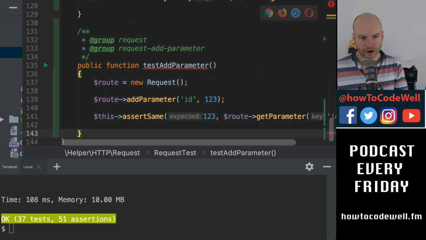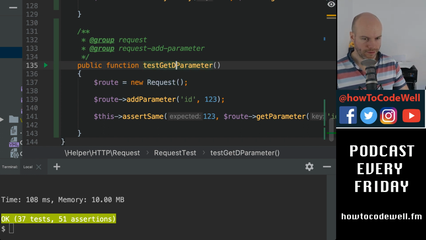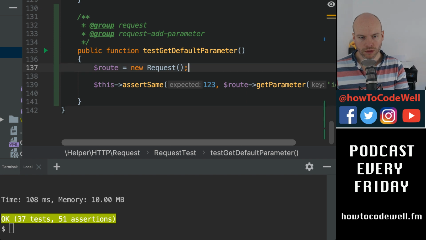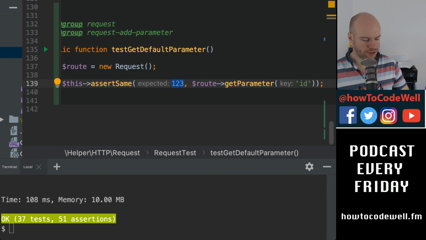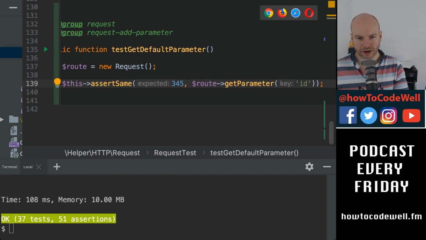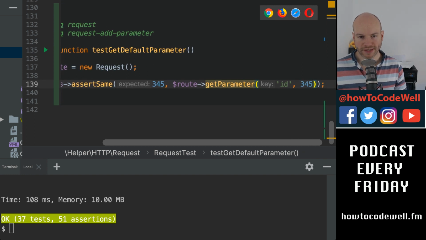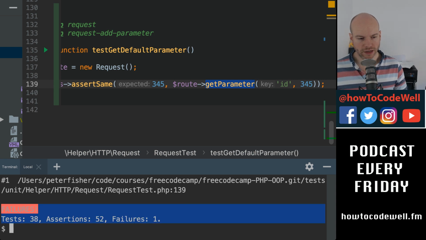A new test where it is get default parameter. We're not going to add a parameter at all, but we're going to get a parameter and we're going to expect, let's change this up, let's do 3, 4, 5, based on the ID, passing in 3, 4, 5 as the default. So this is going to fail because we haven't actually set the defaults up. So we're going to hit save, going to run this, and it will fail on its face, which it does,